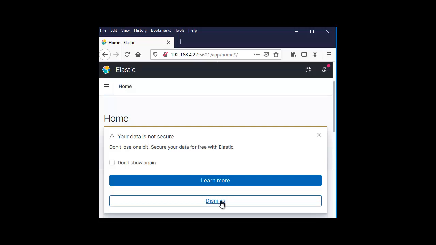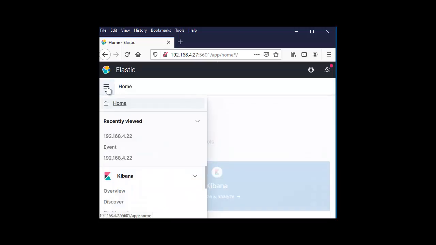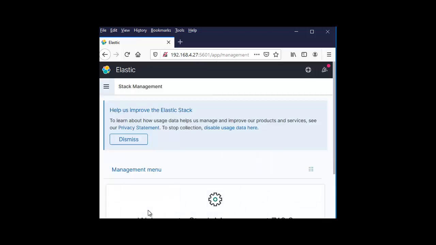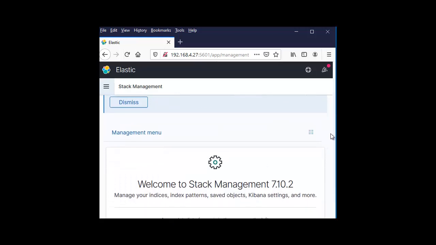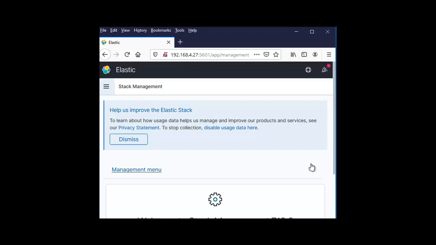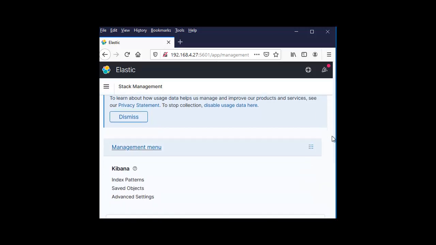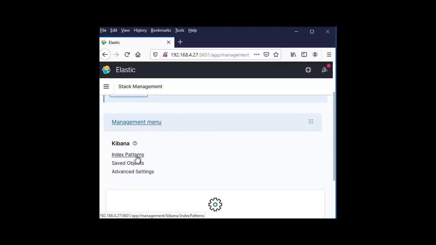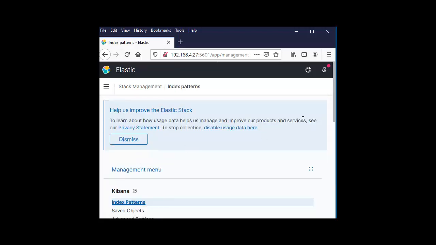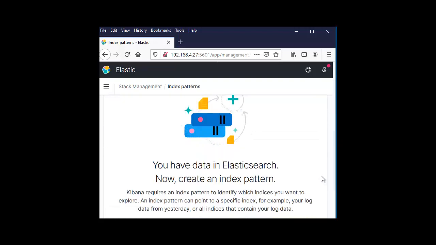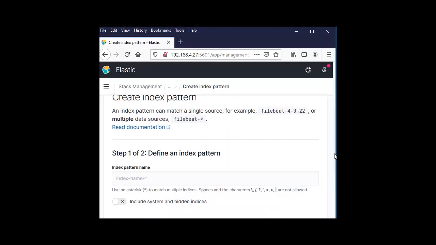Okay, so just dismiss, press management, stack management, index patterns, and create the index pattern.